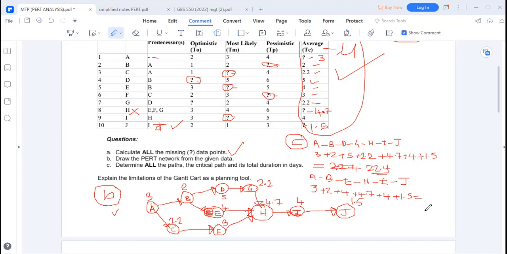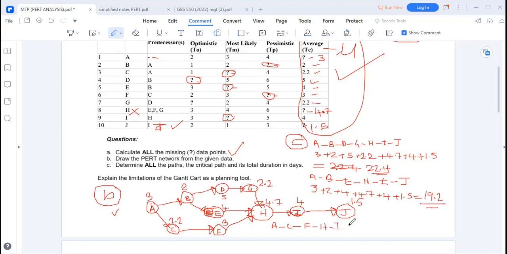So it's actually giving us 19.2 days. So we're just trying to find the maximum possible duration we are going to have to finish working on these activities or this project. Then the other one will be A getting to what? To C, getting to F, then getting to H, then getting to I,